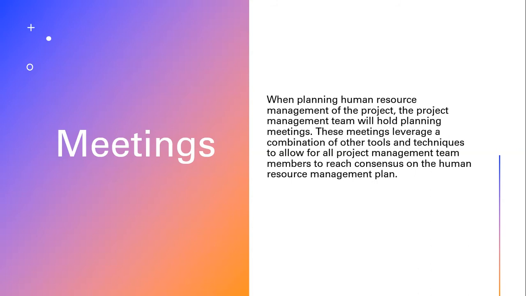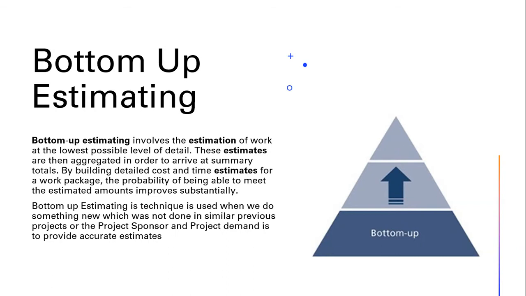Then the further step is to decompose work packages into more manageable components called the activity list, where we produce three documents: activity list, activity attributes document, and milestone list. Based on these three documents, the next step is to sequence them. Once we create a network diagram, we will jump to chapter 9 of PMBOK, and we will start our work on estimate activity resources. So let's talk about the tools and techniques of estimate activity resources. Its first tool and technique is expert judgment, which we have already talked about.